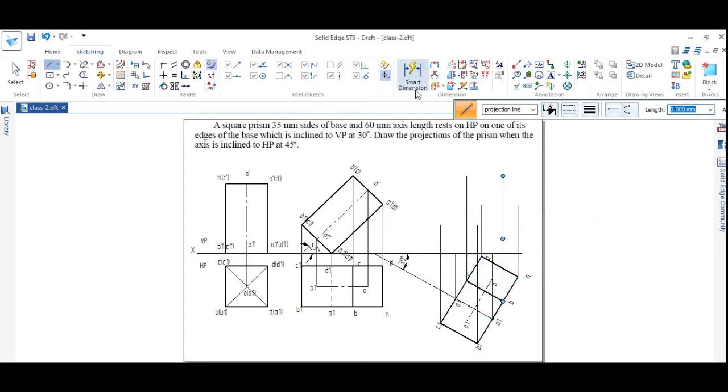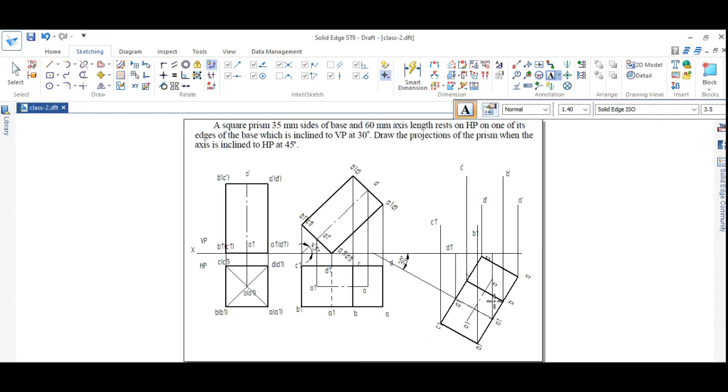So I will just mark the points so as not to get confused. This is C1 dash. It is D1 dash. Here it is C. This one is B1, and this point is D dash. Here also it is dash. Okay, so this point is B dash, and this point is A dash, right?